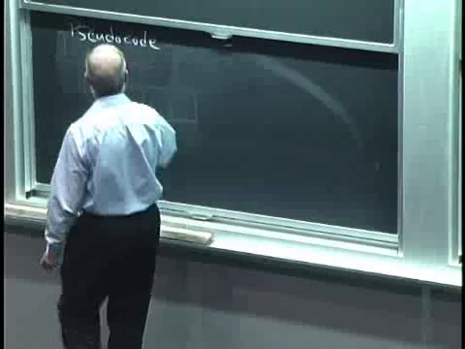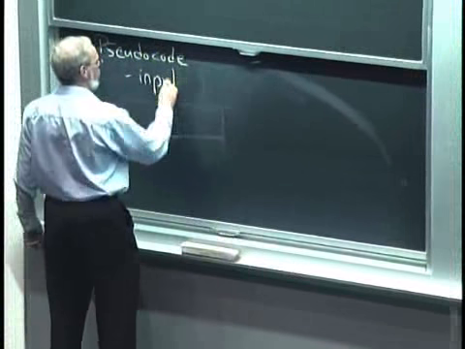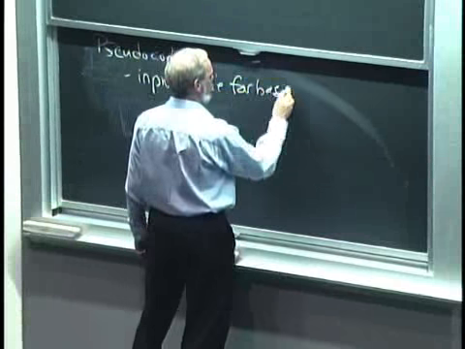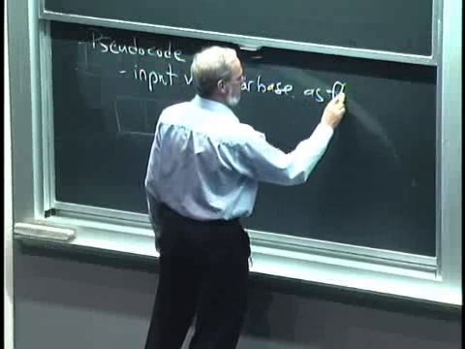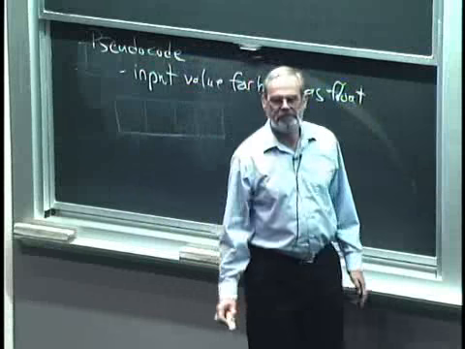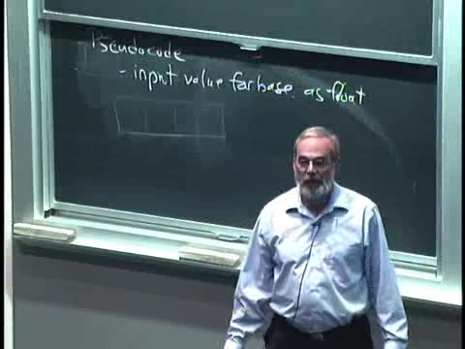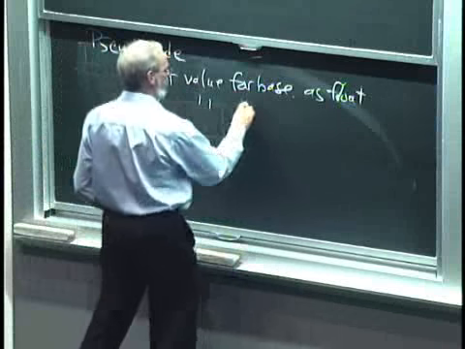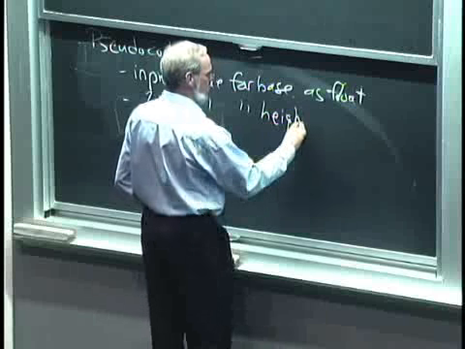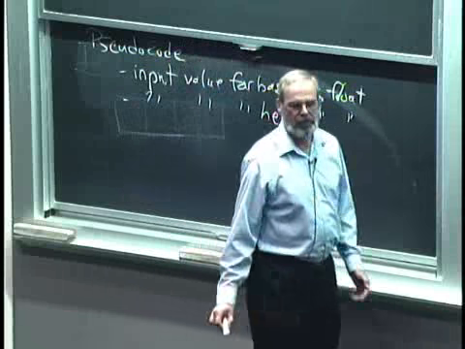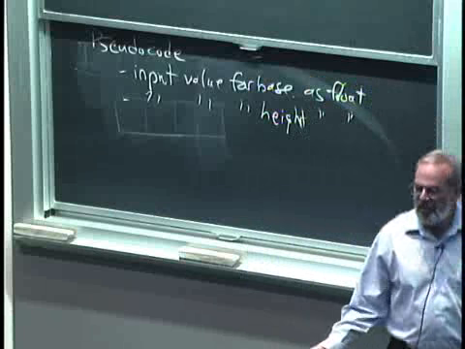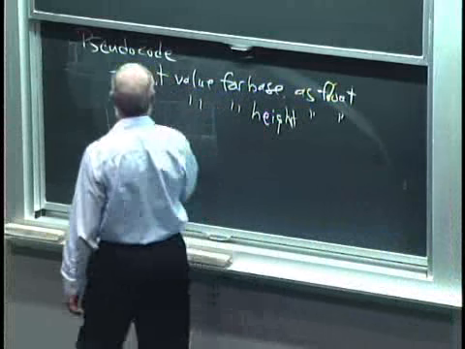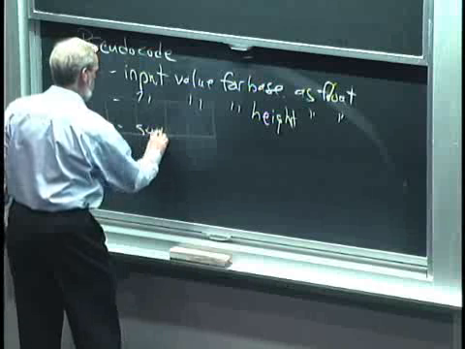I would say, first thing I want to do is input a value for the base as a float. I need to get the base in. Second thing I want to do, I need to get the height. So I'm going to input a value for the height also as a float, a floating point. Okay, I get the two values in. What do I need to do? Well, you sort of know that, right? I need to find the square root